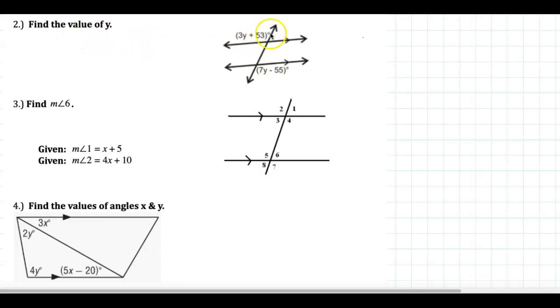Alright. I love doing this stuff, finding these missing angles. This is fun. Alright, let's do this. Let us see. There are always a few ways to solve these problems, because if you look at this angle